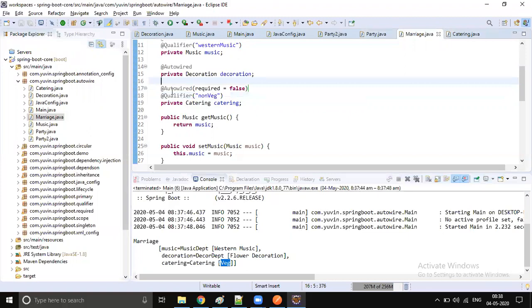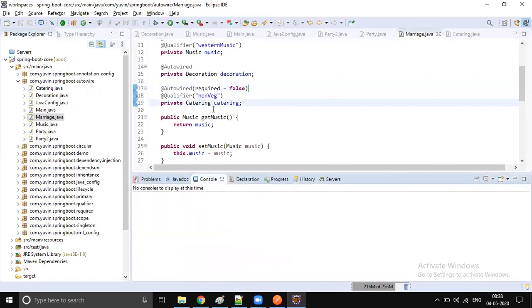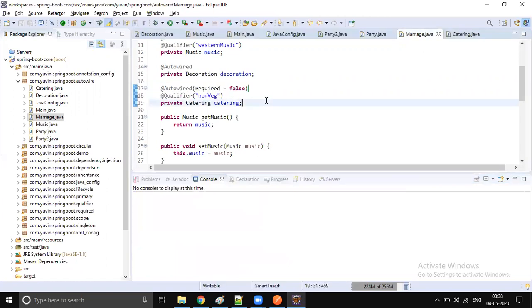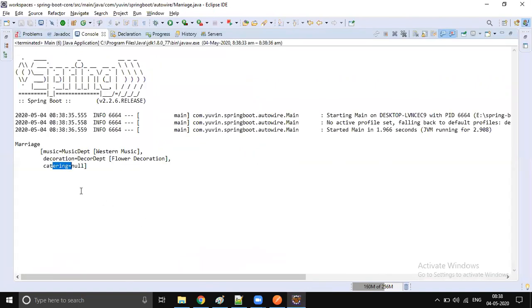Okay, sorry. So some clients said, hey, I want this non-veg to be present. If you are not able to provide, just let me know, I will get it from my side. Then we just mark it as the required option, and we said we're not able to provide. So for that marriage, we're not going to provide food, right? So catering we don't provide, we provide decoration and music.